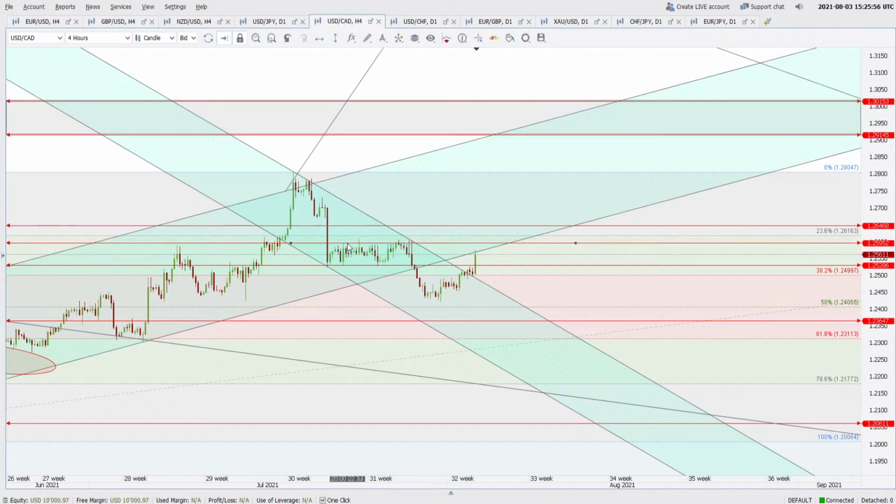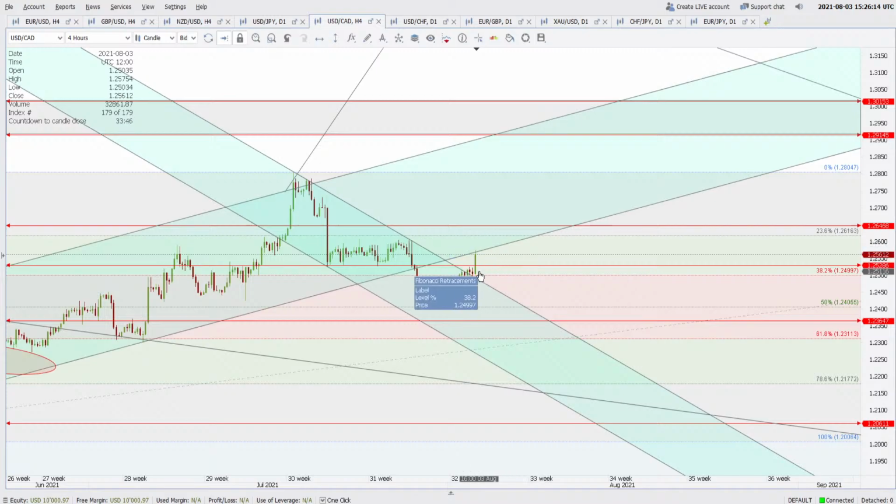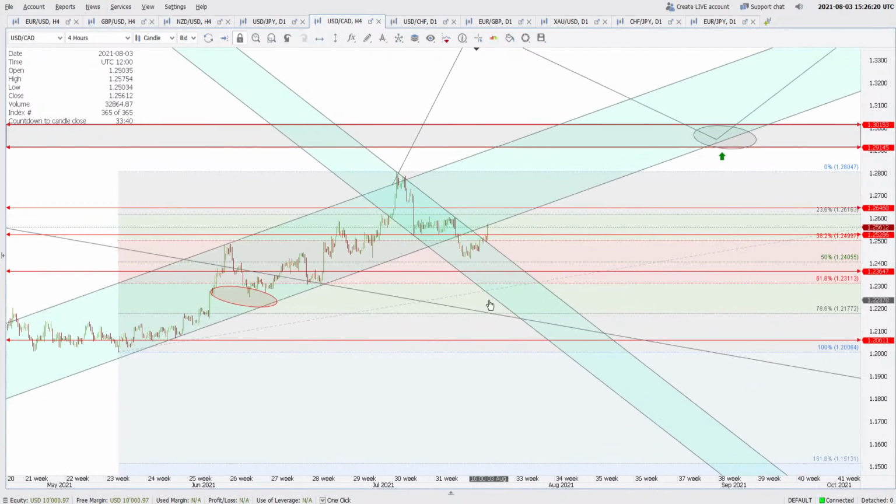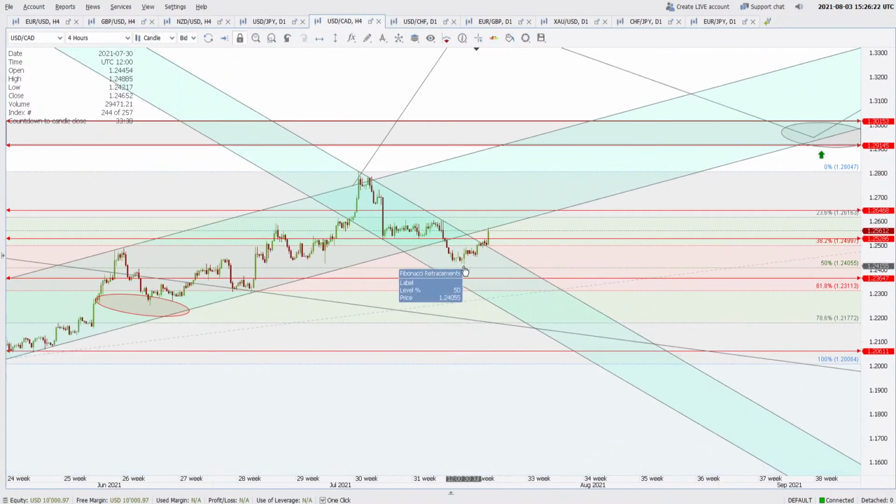Also, if I try to include these all congestion price highs, then this will come out to be 1.2582 regions where the price is already trading almost. I will just remove it. It was given for the understanding. So now I am expecting that the price will reverse from here to 1.2528 regions again, almost 30 pips to the downside. And if that sell off is huge, then there is a possibility that this low at around 1.2421 is broken